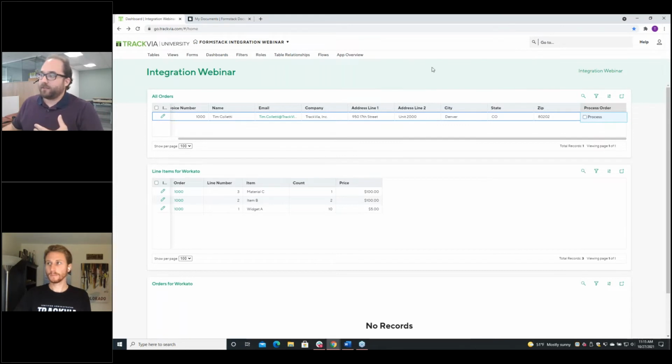And in this case, we're going to do it so that it sends that information to Formstack and then makes the PDF and then emails it to me. There are a lot of ways to set this up. The email is going to be the simplest one, so I'll show that to you today.